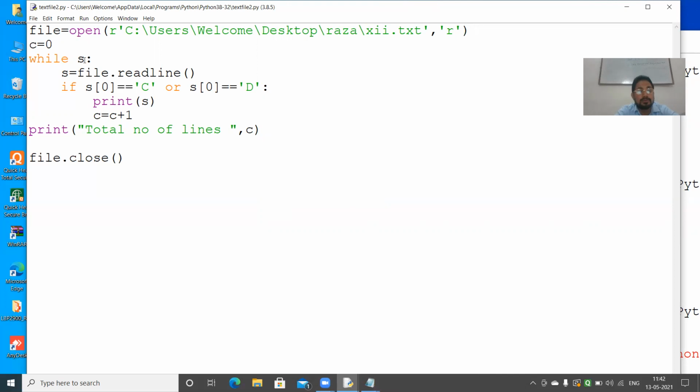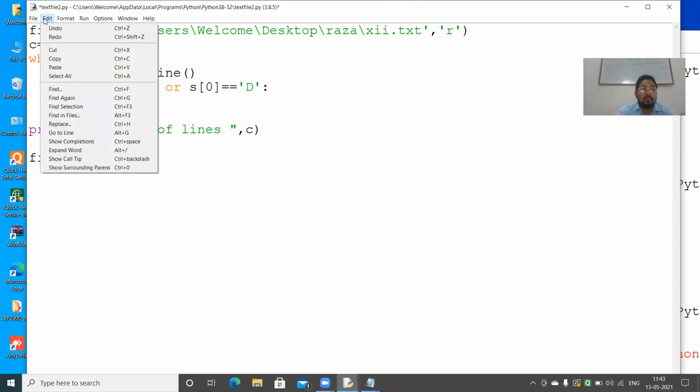While S equals to... this I will try later on because I have not tested it, so I will not do it now. It is better to use the for loop only just now because the others are giving errors.